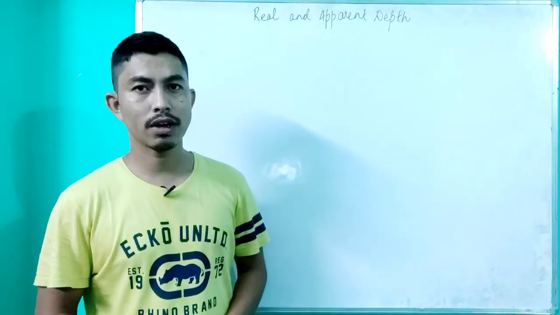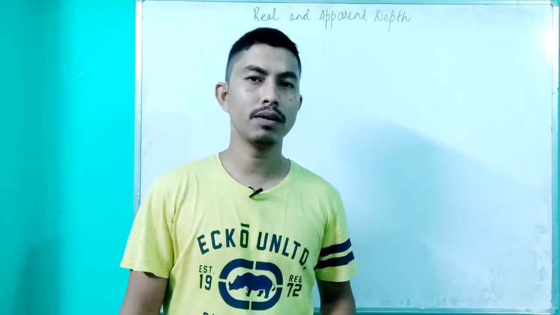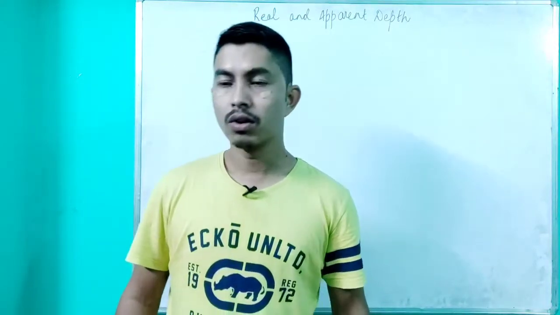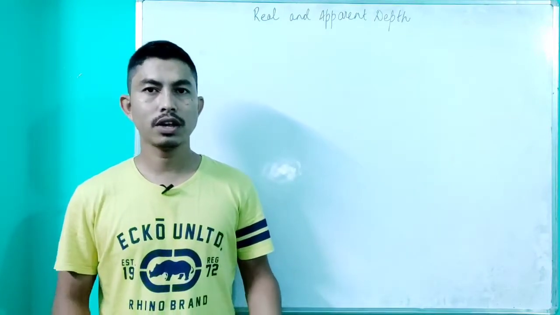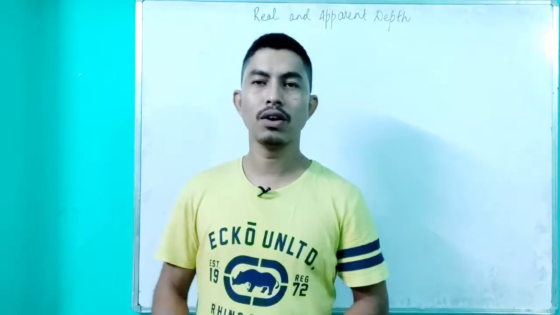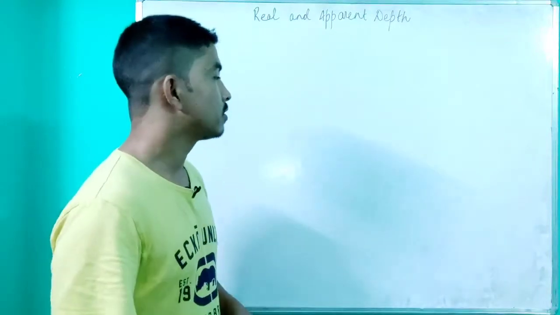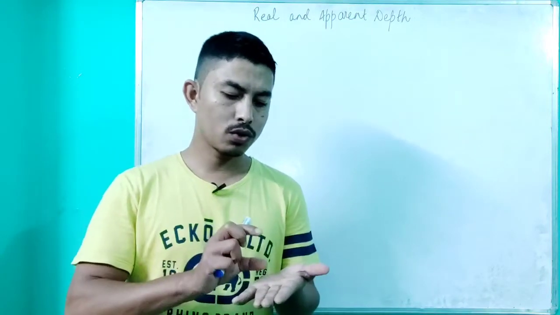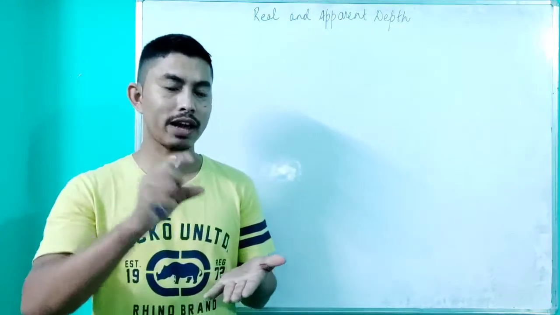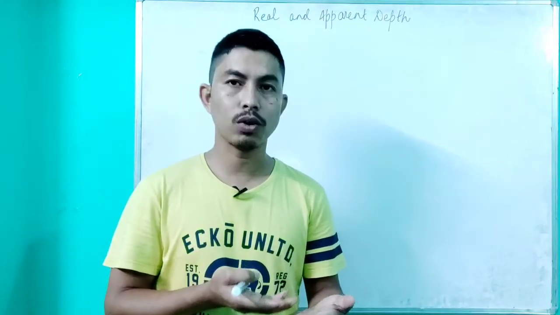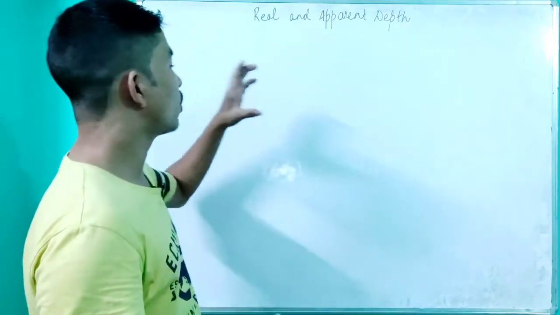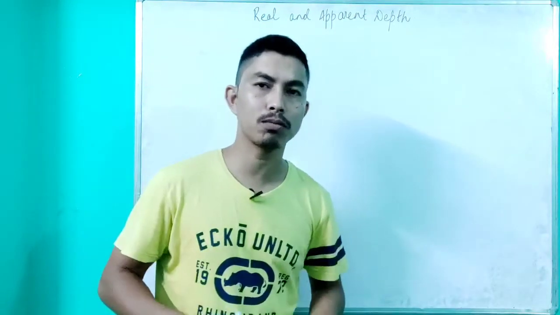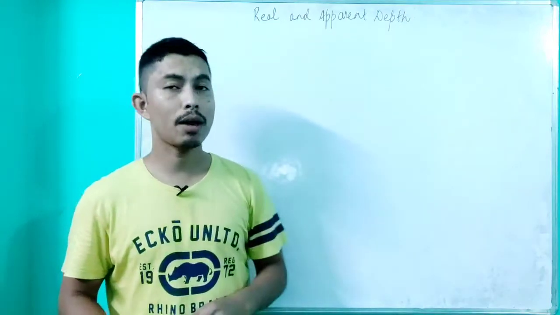All of you must have been in a swimming pool or at least in clear river water. Whenever we are inside river water or a swimming pool and we look at our feet, we see that our feet look shorter than what they actually are. In the same way, if you observe the text written in your book through a paper weight or a glass slab, you will see that the alphabets or the words appear to rise upward. Whatever is the actual depth is known as the real depth, and whatever appears when viewed from the other medium is known as the apparent depth.